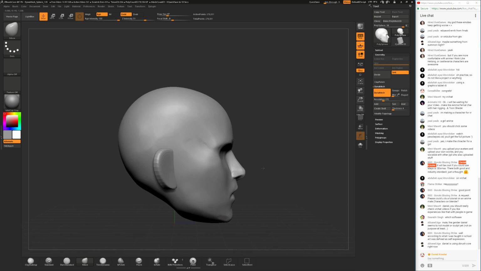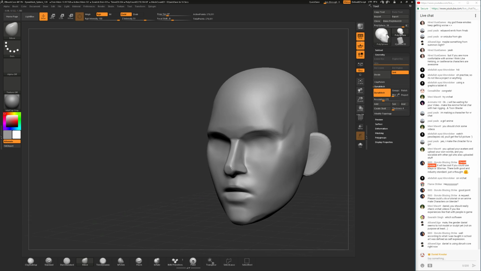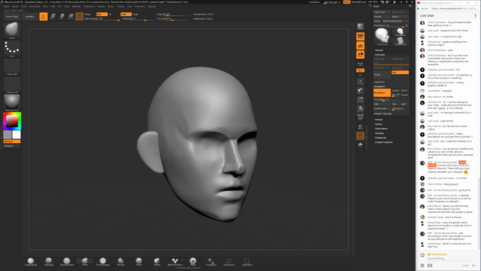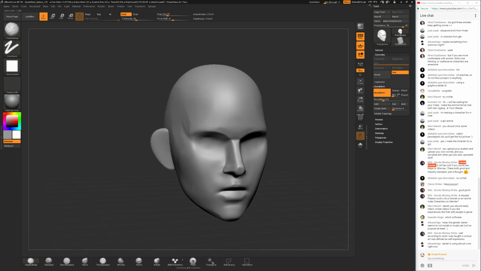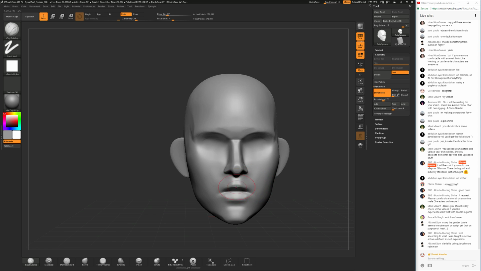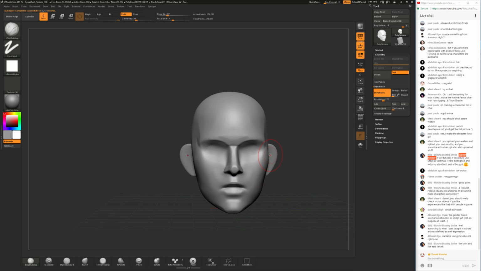In the last stream I was trying so hard and people were telling me all the time, no, the nose is too wide and the neck is too wide and you have to make the chin round and all sorts of things. Alright, the chin and the ears. Let me try that. I'll work on that.